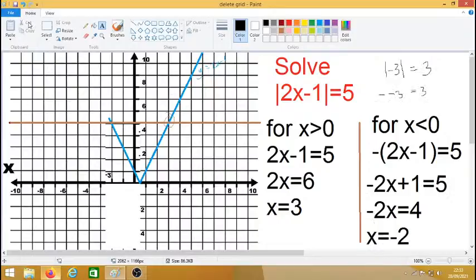Just a correction, it's not that for x is bigger than 0, it's for the whole thing is bigger than 0. So for 2x minus 1 being greater than 0, as long as what's inside the modulus ends up to be bigger than 0, then the modulus has no effect, and we can just treat it as a normal equation. Same thing here. It's not whether x is less than 0, but whether the whole thing inside the modulus is less than 0. Okay, join me again